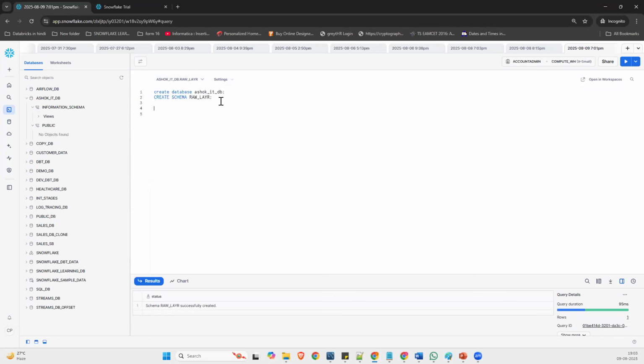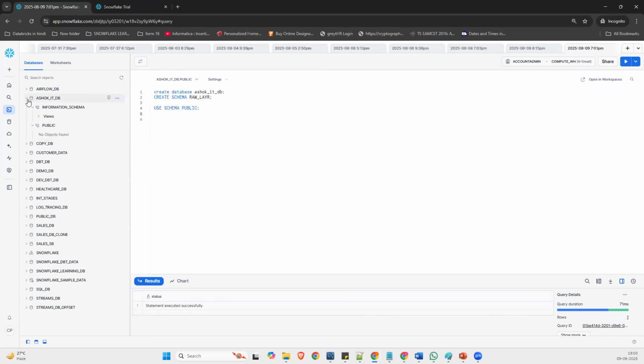If you would like to change, use schema public. So it will change, and the schema name would be public. And you can create tables, views, stored procedures, file formats, storage integrations, streams. Those are the unique features available in Snowflake.